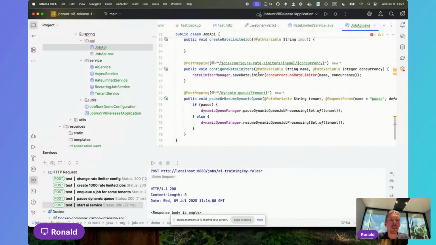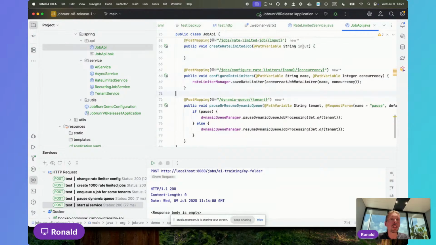And then we want to save the rate limiter, and in this case, the concurrent job rate limiter by name and concurrency. So what will happen, I will update the rate limiter at runtime using the name, which will be Ollama, and the new concurrency that we want to allow. So if I start this,